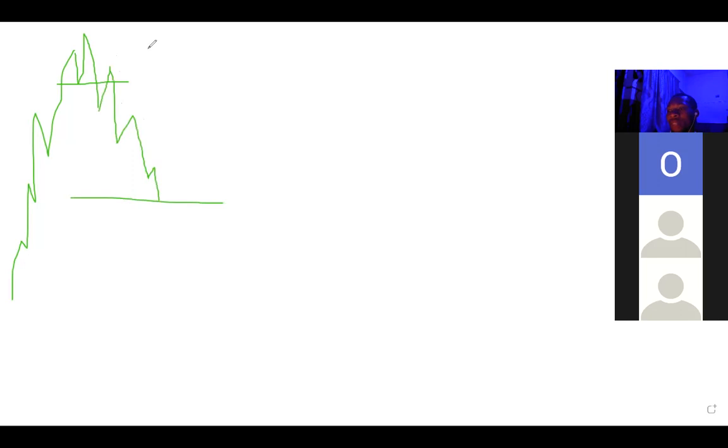Assuming this is the 5 minutes time frame, and the main time frame of the 5 minutes time frame is the 30 minutes time frame, you want to expect price to go down to your 30 minutes target. That is where you want price to go. That is the first point you have to consider, because you are entering from the 5 minutes.